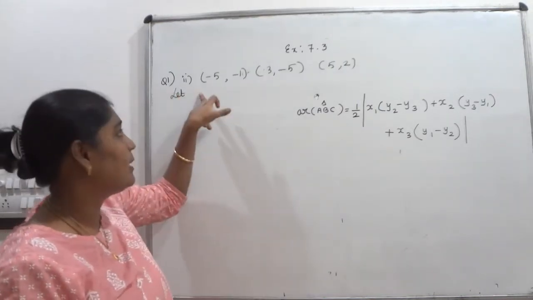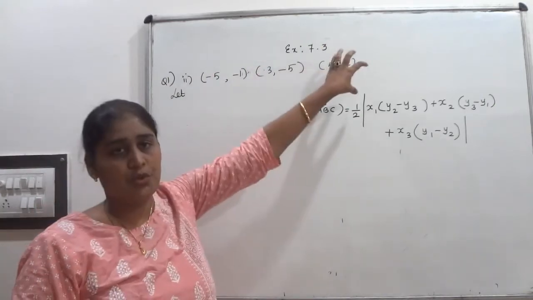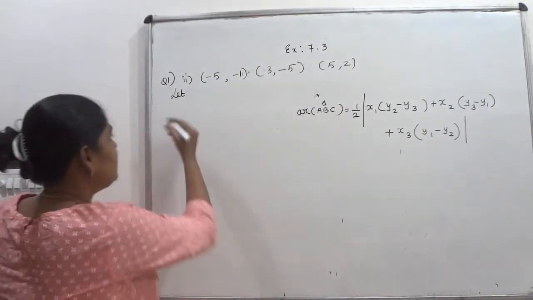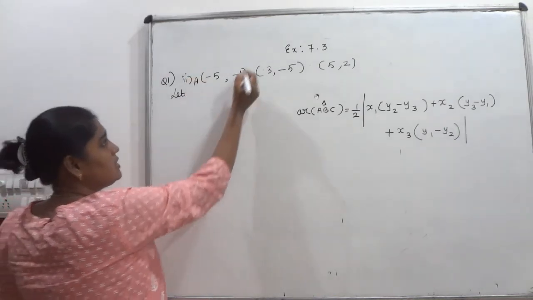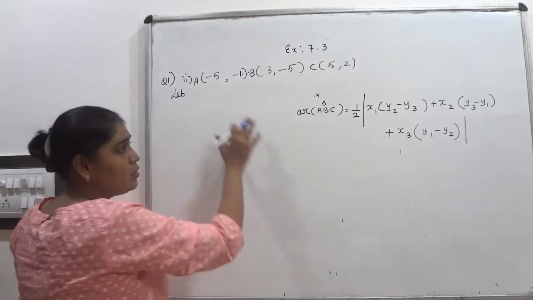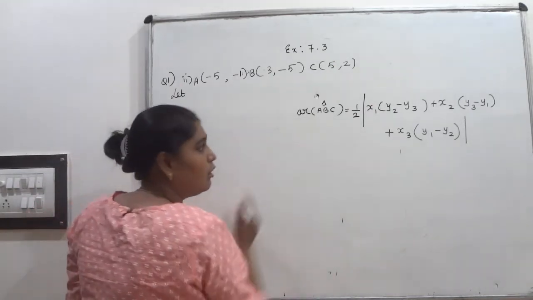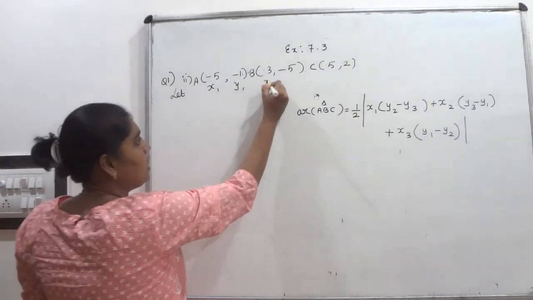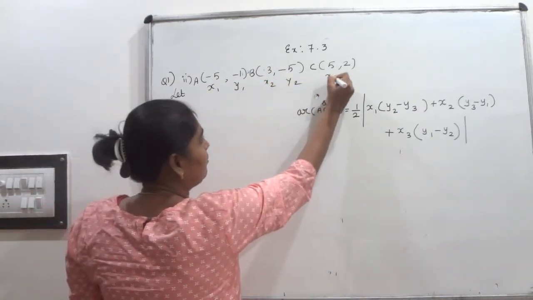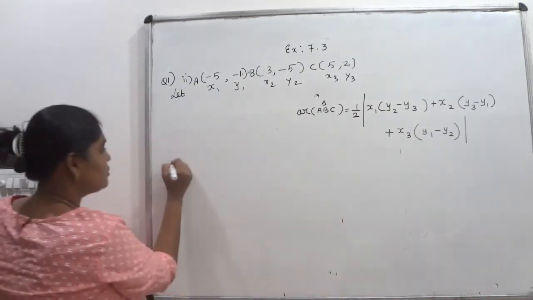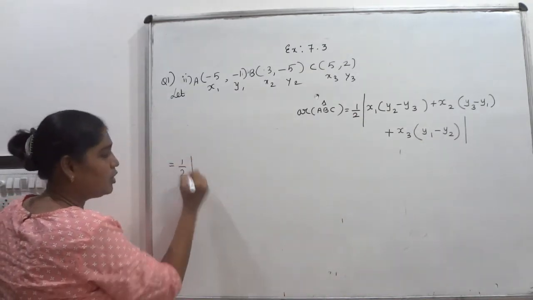Number 1, second part. Three points are given to you. By this we are going to find out the area of the triangle. So let the first point be named A, B and then C I marked. By using this I am going to find out the area of the triangle. So mark up x1, y1, x2, y2 and x3, y3. Write the area of triangle formula, then use half modulus x1.